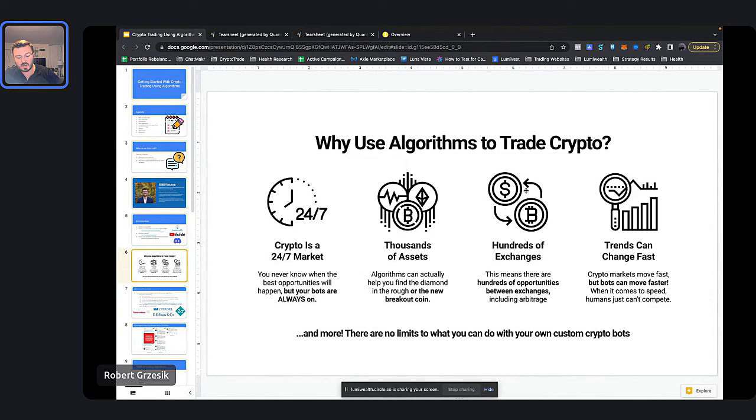So, for example, back in the day, there used to be actual pretty big differences between Bitcoin on one exchange and on another, right? Like on Binance, it might have been trading for, this is a long time ago, this is when Bitcoin was maybe $2,000 a coin. It might have been $2,000 on Binance and then $2,100 on Coinbase. So it would make sense to buy it on Binance, sell it on Coinbase, and just keep doing that in a circle, making $100 each time. You can make quite a bit of money doing that, right?